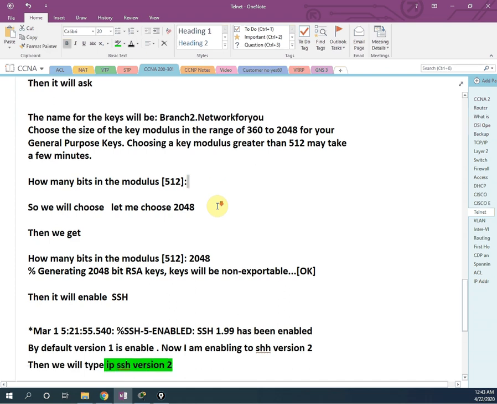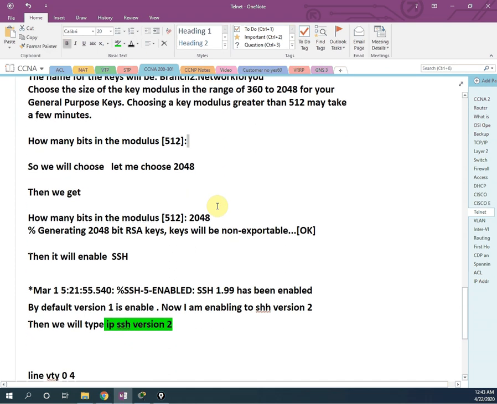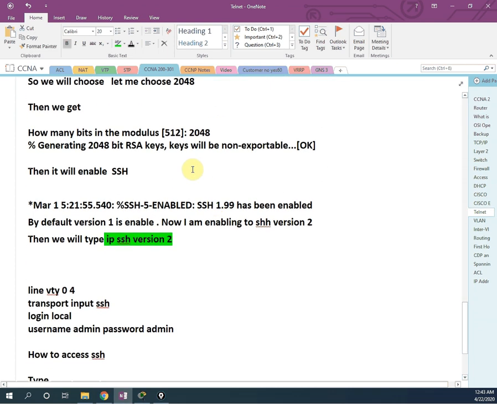If we want to convert to version 2, what do we need to write? When we generate the key, version 1 is enabled by default, remember. If we want to enable version 2, then we need to write ip ssh version 2. No worry, just see this. I will do the configuration in Packet Tracer, and at that time I will show you each and everything.